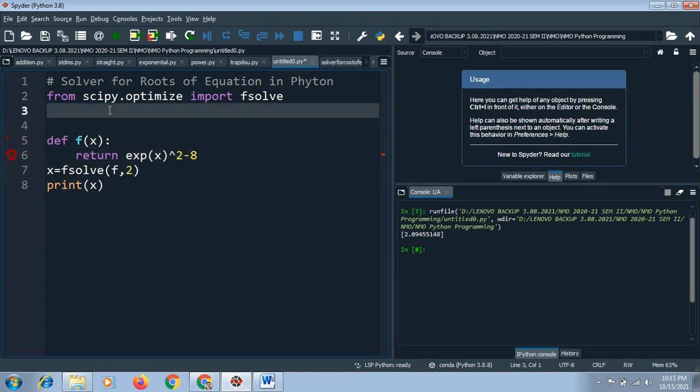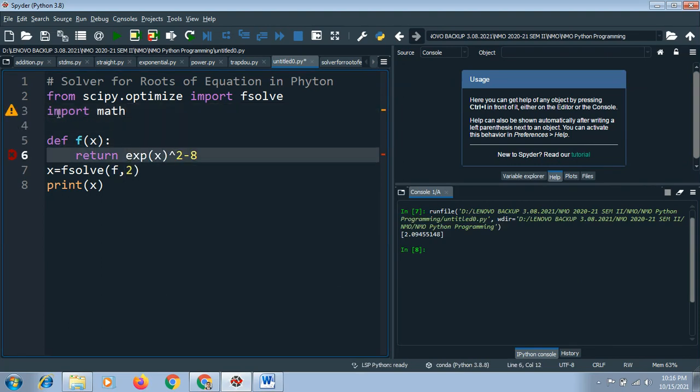When we write exp in MATLAB or Scilab it represents the exponential, but here it says undefined name exp. This means we need to import one more library, the math library, and include it in this function line.